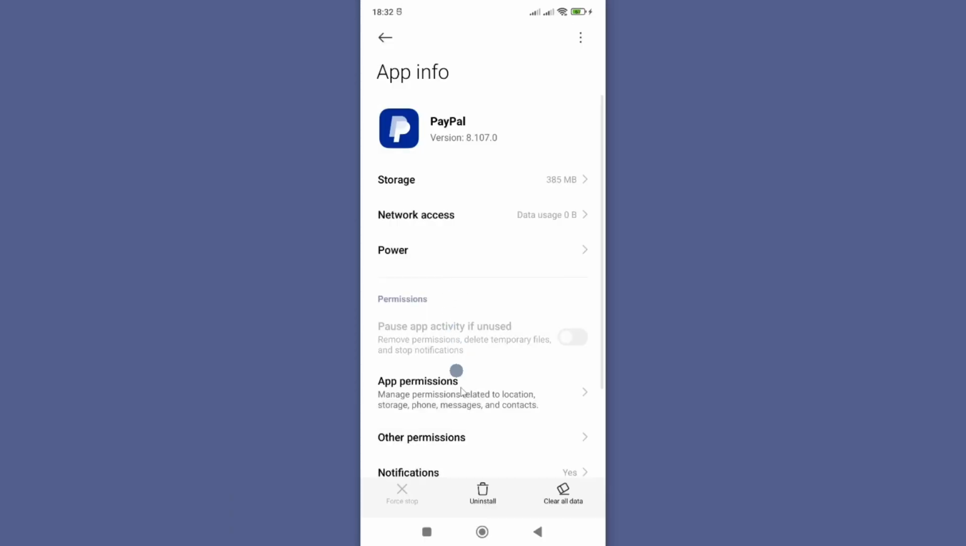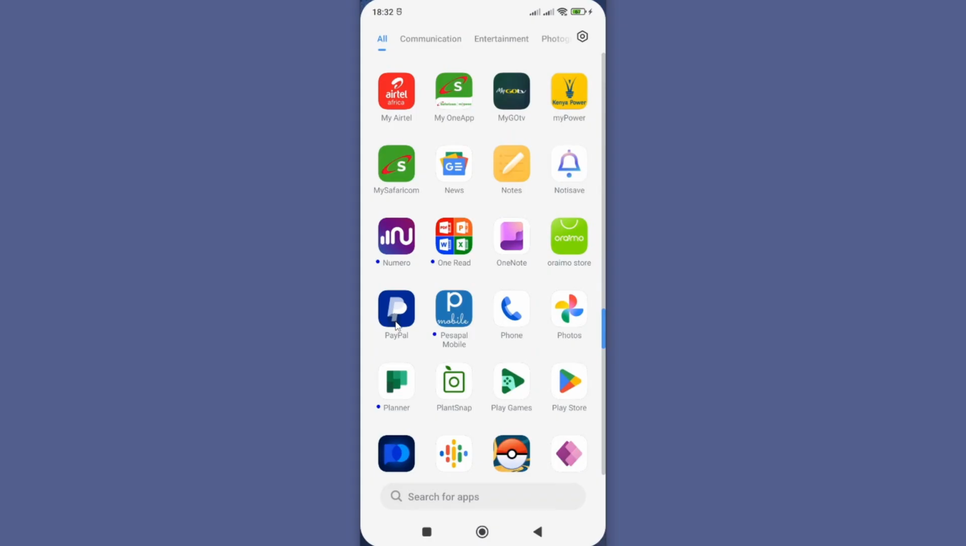Once you have cleared the space, now restart your smartphone and then try using your PayPal account, and everything now should be OK. However, if you still can't transact or use your PayPal account at this point, then you want